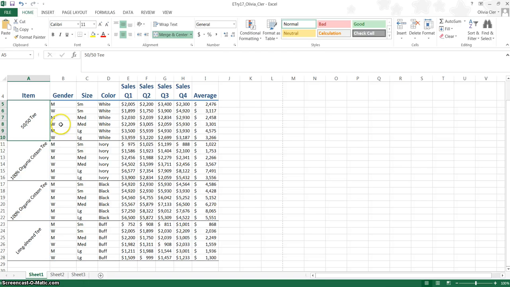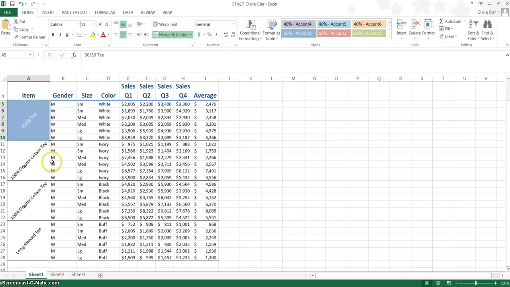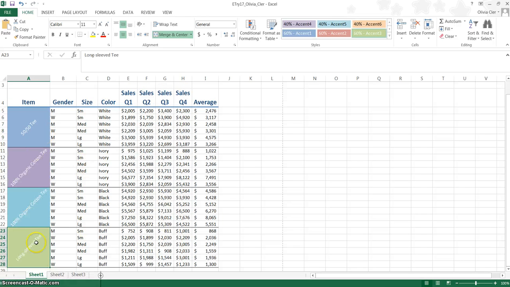You can also add different cell styles to your box if you want to. So I'm going to click cell A5 through A10 and go under cell styles and choose 60% of accent 1, and you can also do this for any of the cells, but particularly I'm going to do the rest of these. So now you can see all the boxes are different colors, which just helps to distinguish the different sections